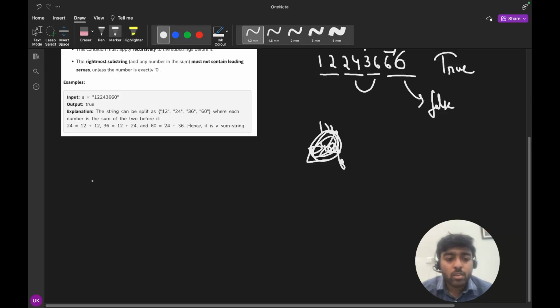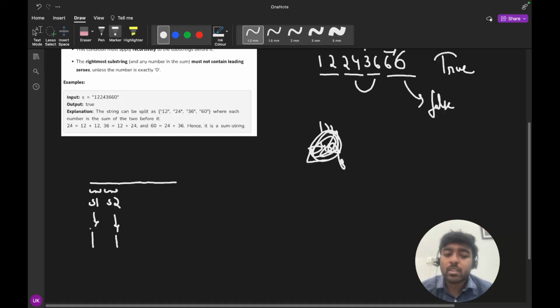we have a string, okay, and our s1 will be here, s2 will be here. In the starting my s1 will start from the starting point and s2 will start where s1 ends. It may be possible that s1 is of size 1 and s2 is of size 1.